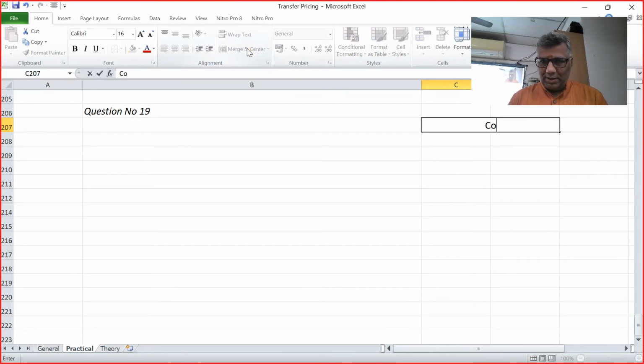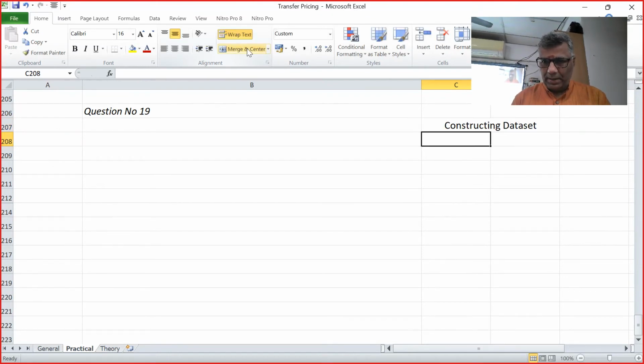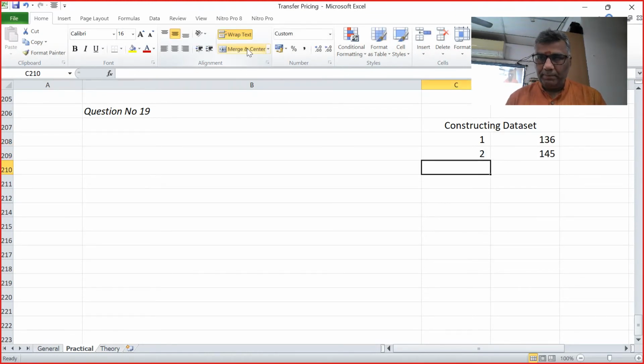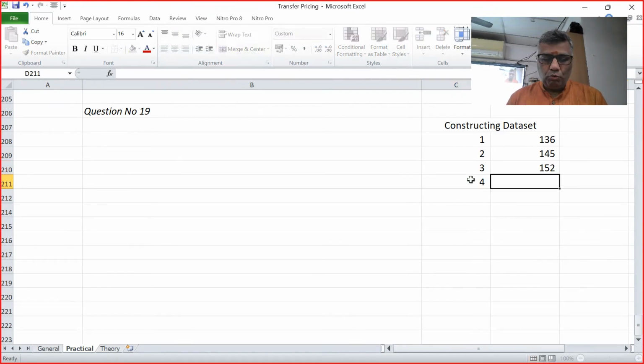Okay, constructing data set. It is based upon serial numbers. First is, what is the ascending order? Second, 145, 152, 154,